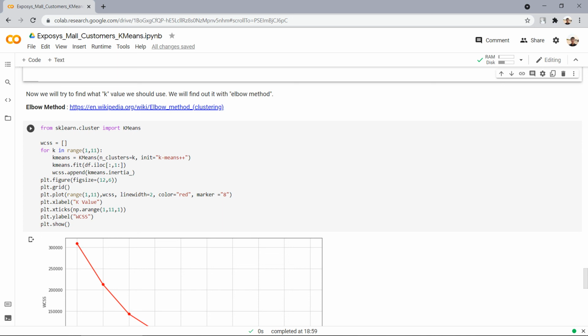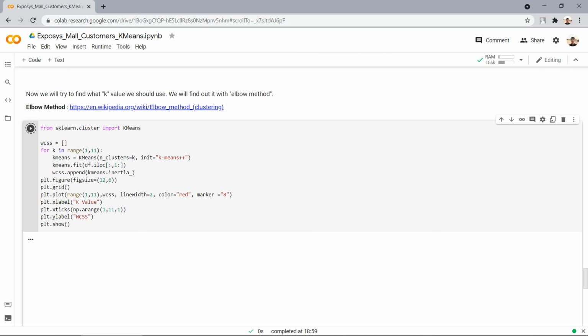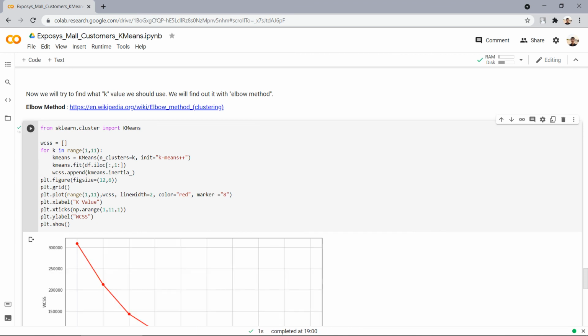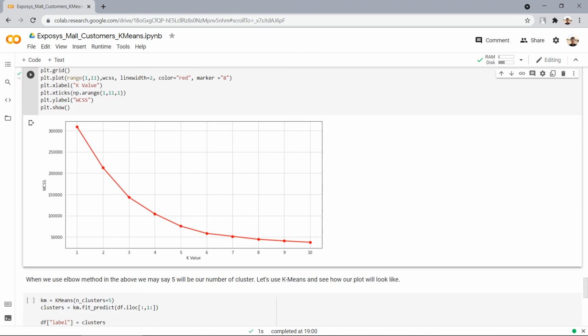This basically calls the k-means algorithm. A grid plot is obtained by taking k value on the x-axis and WCSS on the y-axis. Hence, we can see that there are 5 clusters. So we got the k value. Let's see how the plot looks.